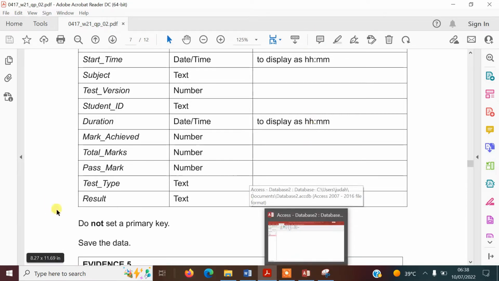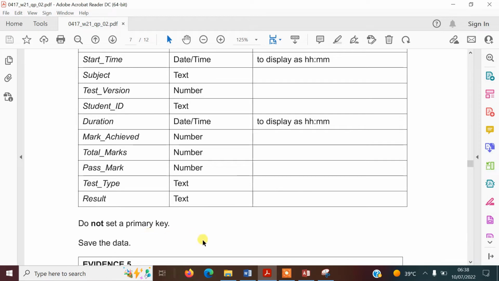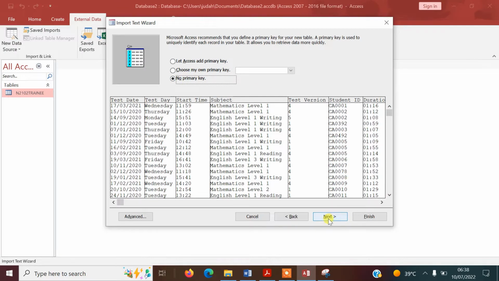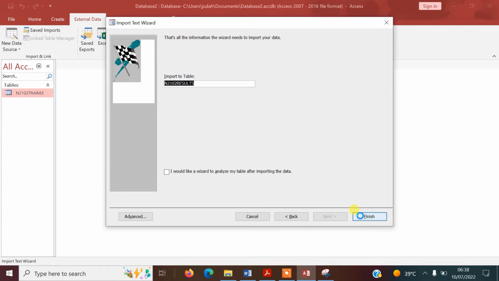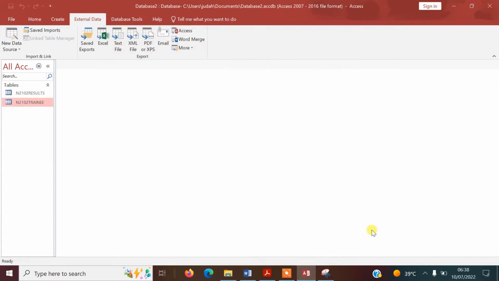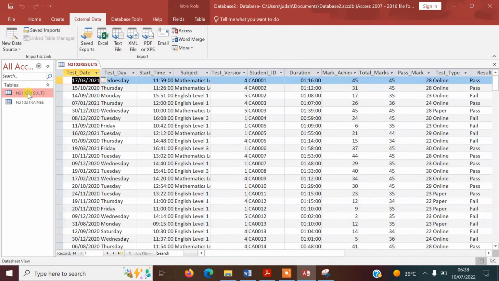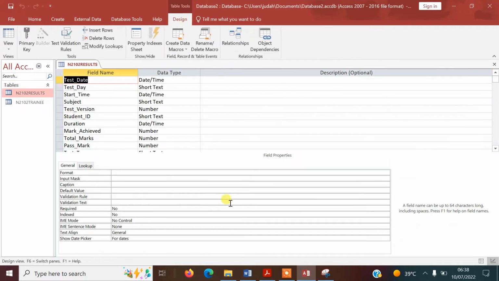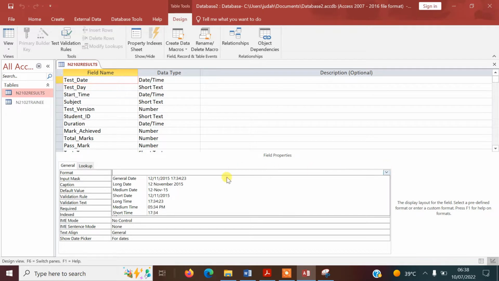It says we don't need to set a primary key, so I'm going to go ahead and show you how to set up the formatting now in here. So we don't need a primary key, so we set no primary key, and then we're just going to finish and close this window, and then we're going to open our results file here, and then we're going to have a look at it in design view. So we go to home and design view, and this is where we're now going to have to format the type here. So we need to make sure we use medium date here,